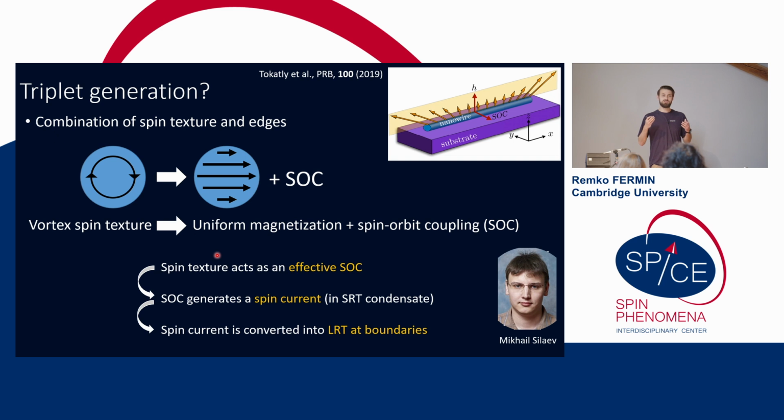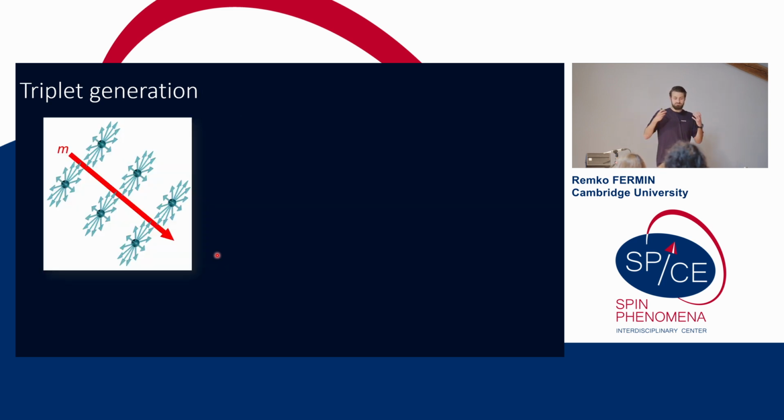This spin current adiabatically follows the local magnetization, but when it hits the edges of the device, this adiabatic approximation breaks down, and you actually see in the formalism that there exists this source of long-range triplets as well. So in a more